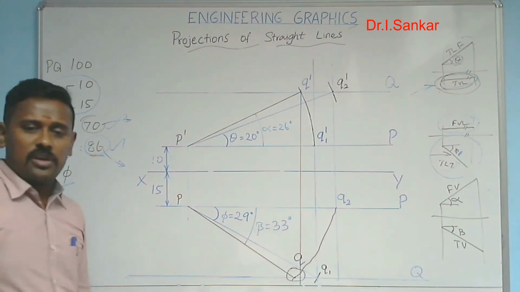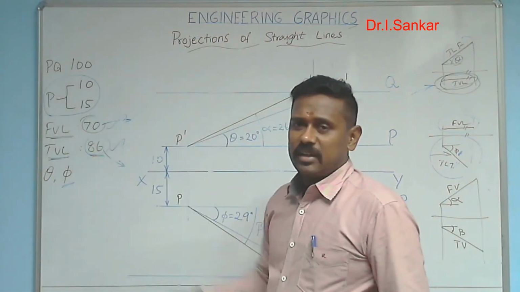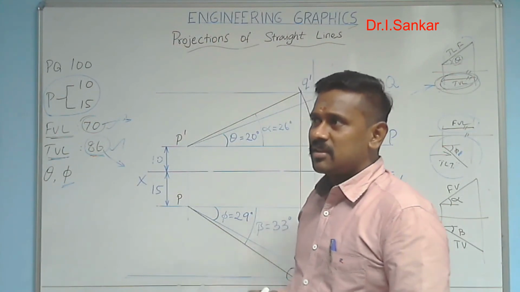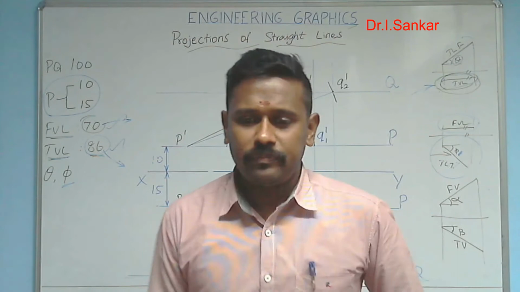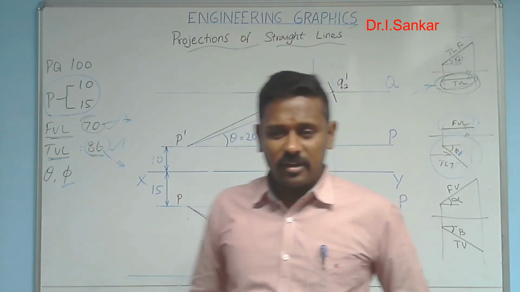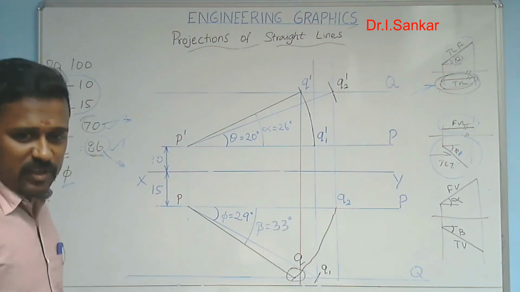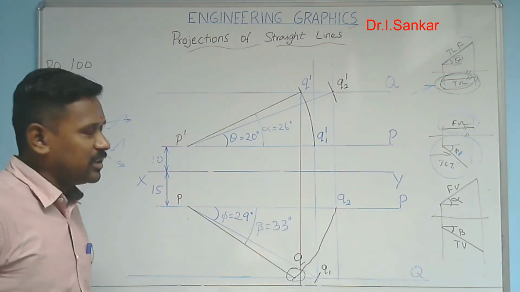So in this way you can complete this question by using the data as given. What we did here is we were provided with the true length, the front view length and the top view length. So by the details given in the question, we completed the answer. You can try the same with the proper tools on A3 size paper.